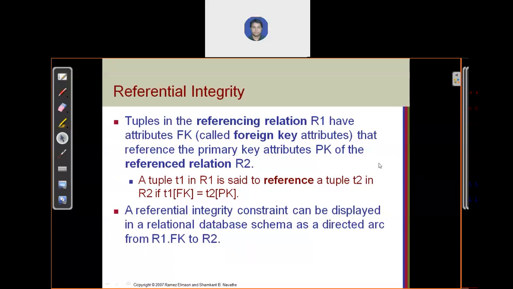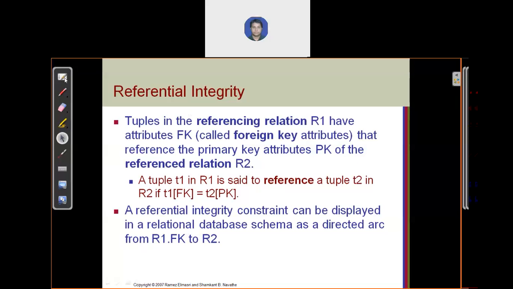Now let's see our PPT. The tuples in a referencing relation R1 have the attribute FK. FK is a foreign key that references a primary key attribute. PK is the primary key of the referenced relation R2.